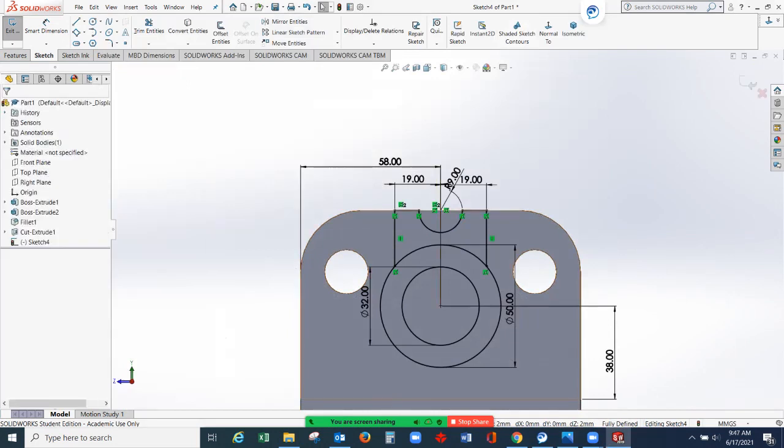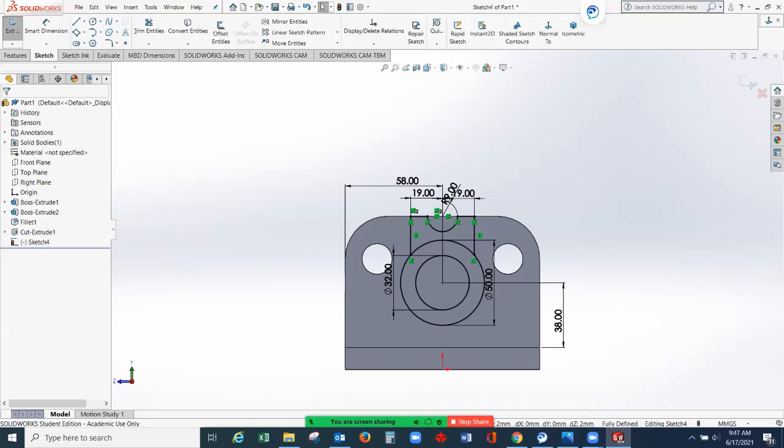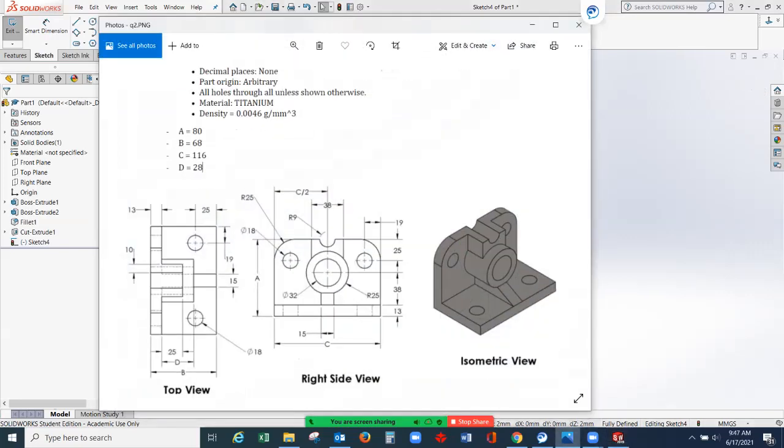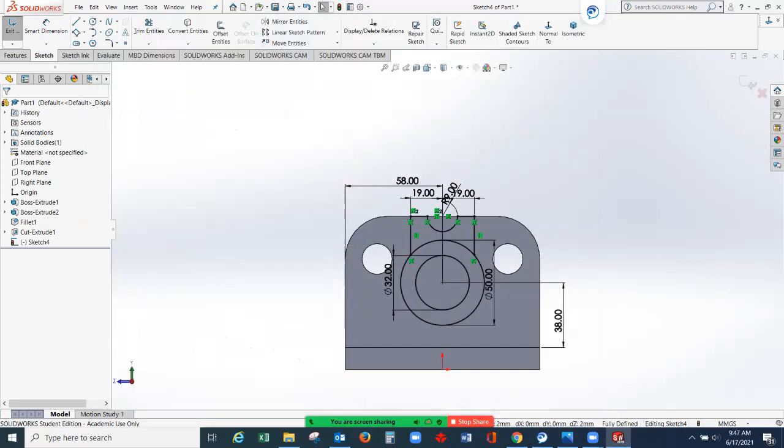We can do our extrusion. So we need to extrude first this one. So the larger circle, which is the value of D. So the value of D given is 28. The value of D is 28. And the upper part, the upper profile is 25. The upper profile is 25. So we can get this dimension on our top view on a given problem.